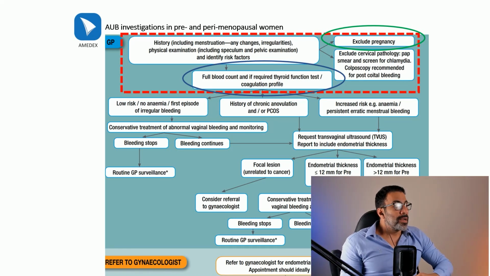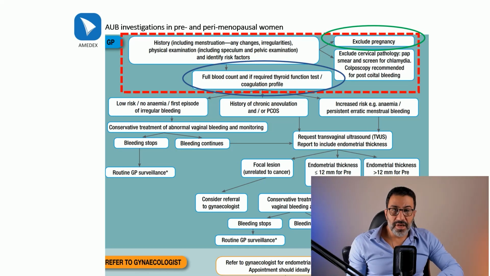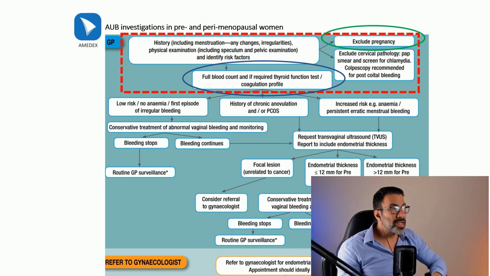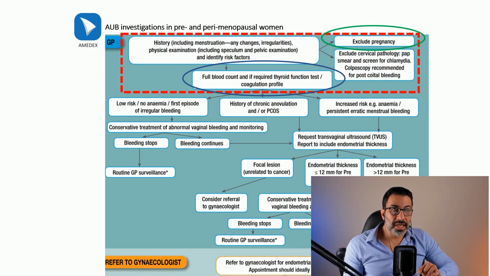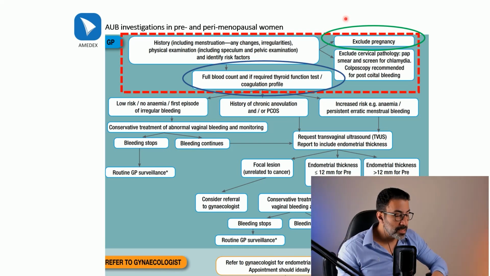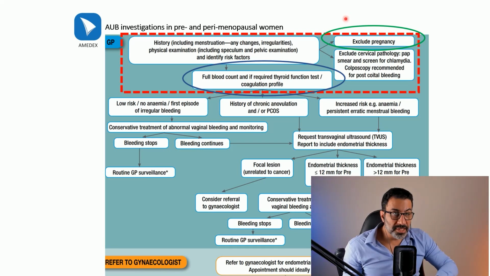Okay, so like I said, thyroid function test is only indicated if clinical presentation suggests thyroid disease. What about coagulation profile? Like thyroid disease, we just don't order that for every patient presenting with AUB. We only do that if the patient has a condition in history or physical examination that suggests a coagulation disorder or bleeding disorder. For example, she says, "Doctor, I've been seeing more bruises on my skin recently," or when I